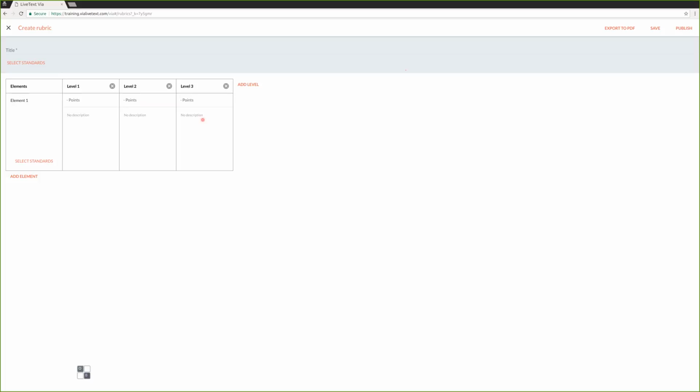So let's do that. So let me get back to my mouse pointer here. So I'm going to enter a title, and it's for this fictitious course called Links 101. I'm going to call it Final CSLO Assessment. Then I'm going to go down here, and I'm going to make this a simple sort of binary yes/no type of rubric. So you can add more levels if you want by clicking on this